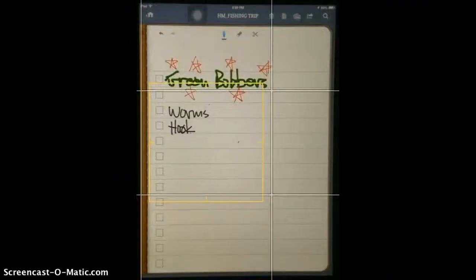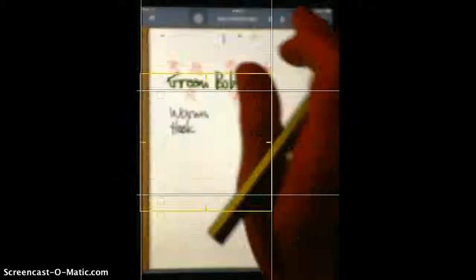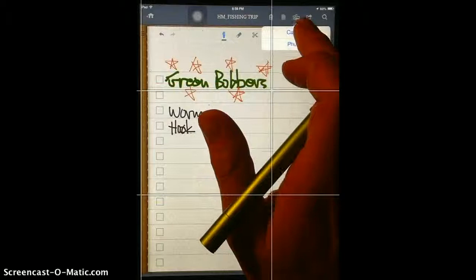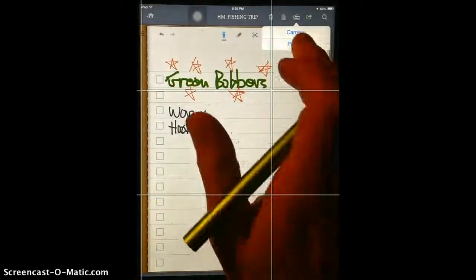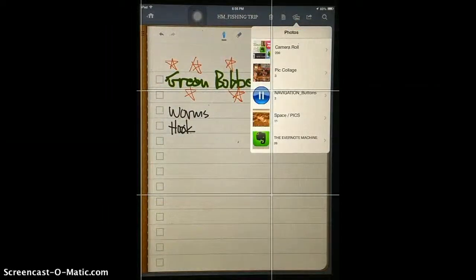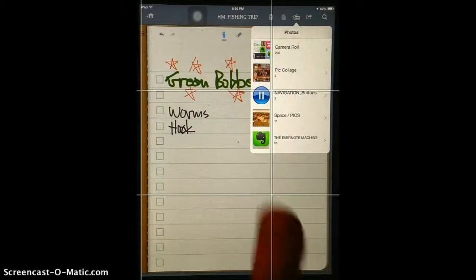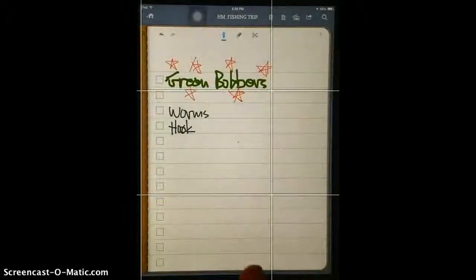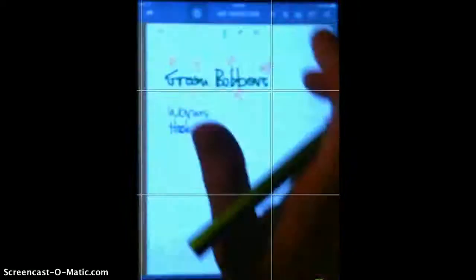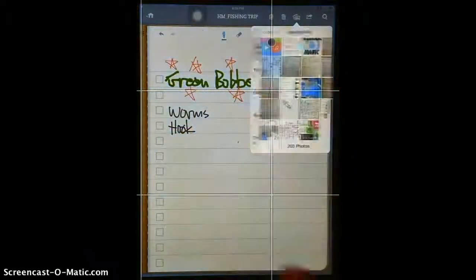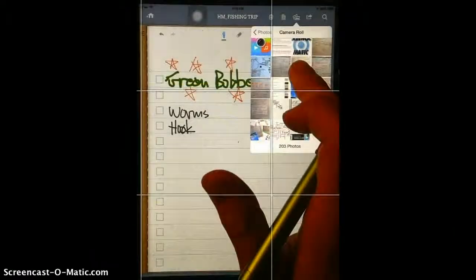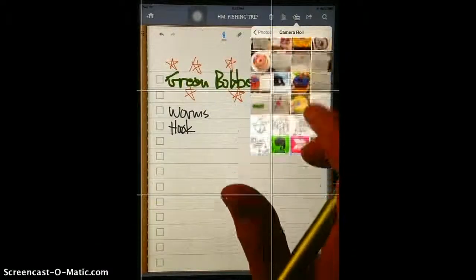You can additionally add things to this like pictures. You can take pictures of things, or you can use photos. And for these different photos, you can access different types of folders you've created, or directly from your camera roll. So that's available to use, or you can take from the camera. We're going to choose a photo, and this one is going to be of